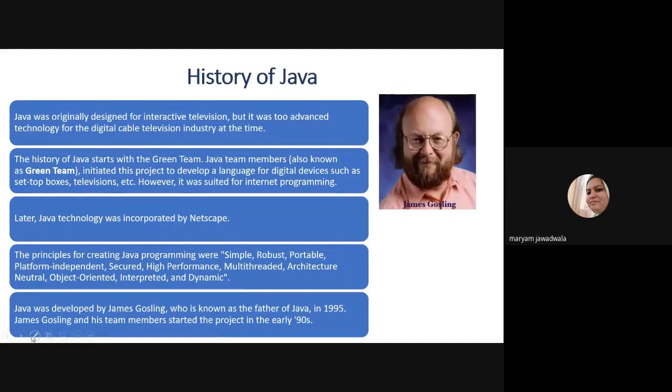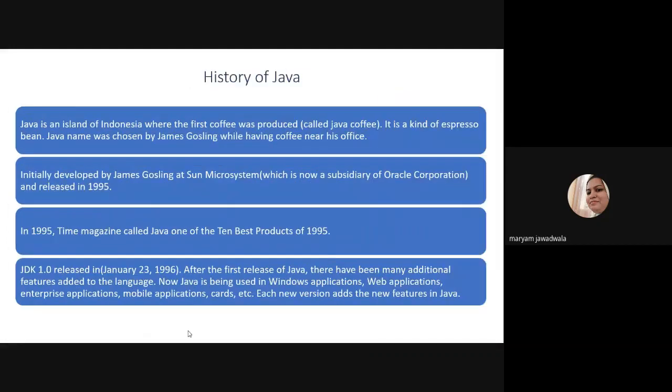So Java was developed by James Gosling, who is known as the father of Java. He and his team started the project in the early 90s, right? Java is nothing but an island of Indonesia where the first coffee was produced.